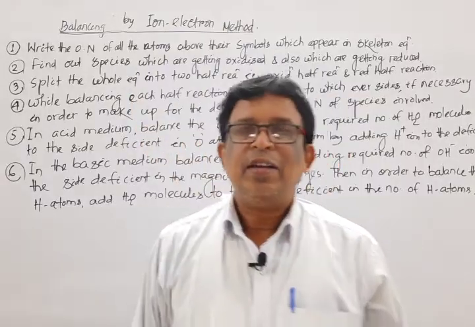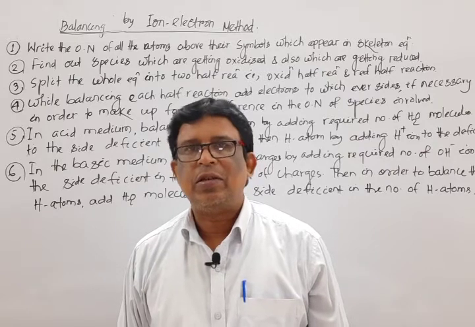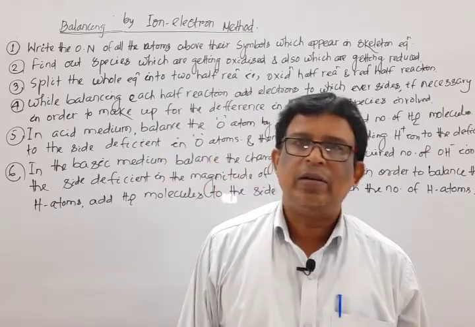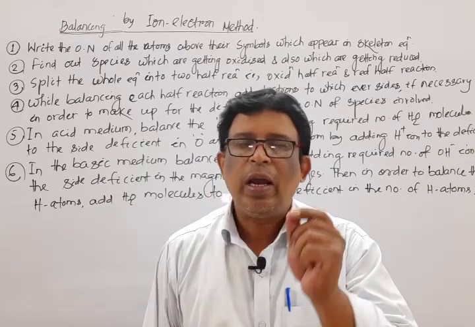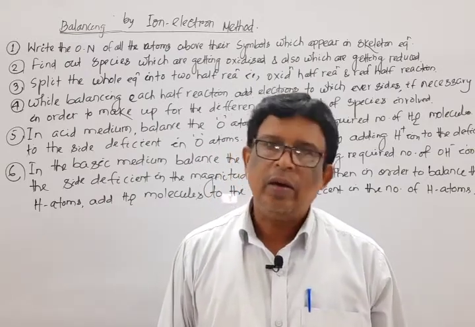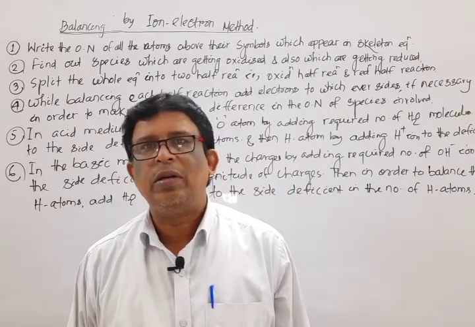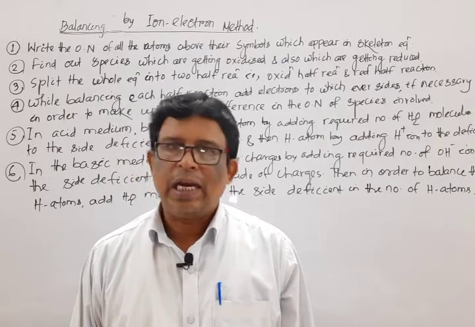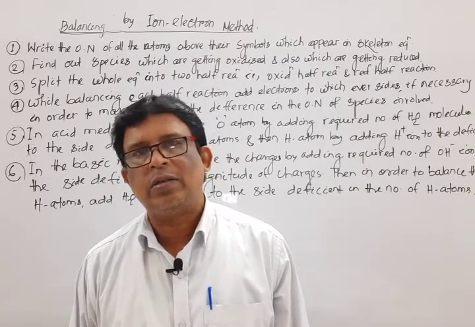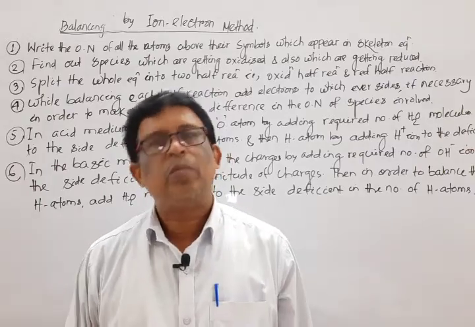Next, switch over to the second method, that is balancing equations by the ion electron method. It is nearly similar to the first method. Only one difference is there. Here, the main equation is divided into two sub-equations, known as the oxidation half cell reaction and the reduction half cell reaction. This is the only difference; all the other steps remain the same.